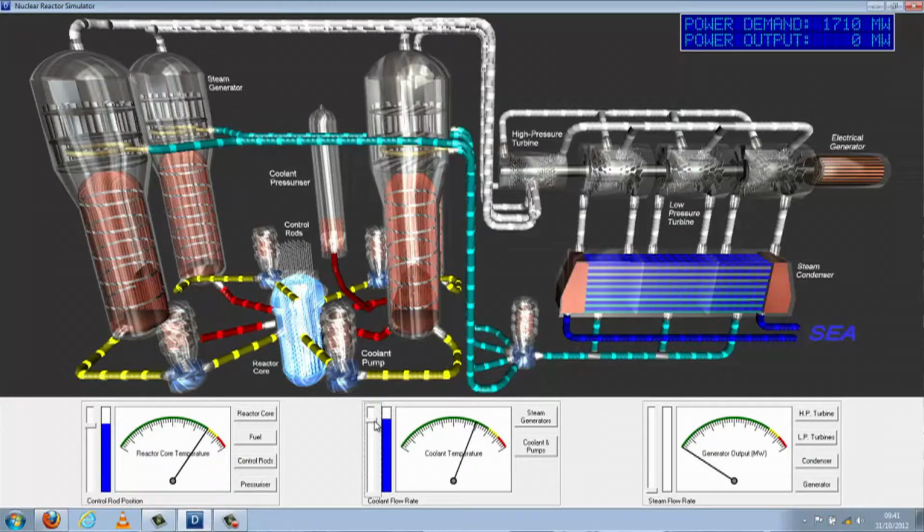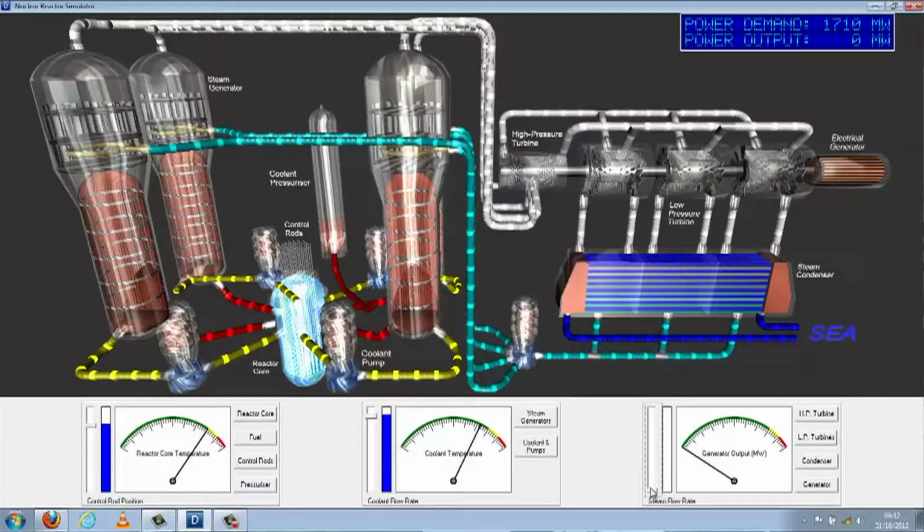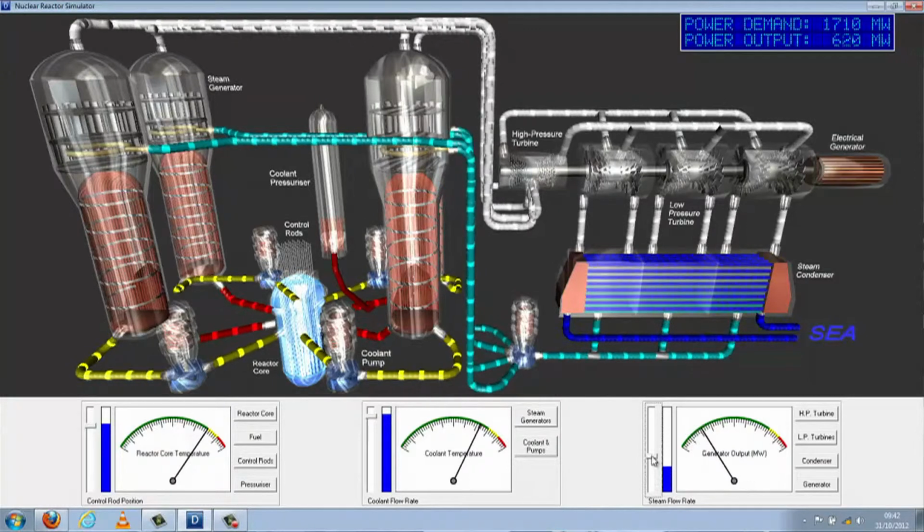The temperature of the water is round about 350 degrees centigrade in a pressurized water reactor. So it's quite easy for that very, very hot pressurized water that's not boiling to pass that heat through tubes just like this to colder water on the outside to boil the water, which is what happens in the steam generator. So then we need to take that steam out to the turbines, which is the third control, and